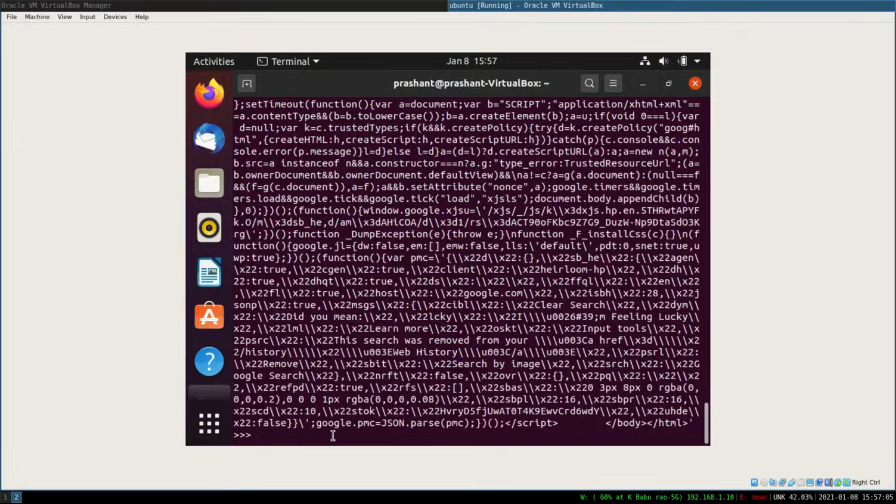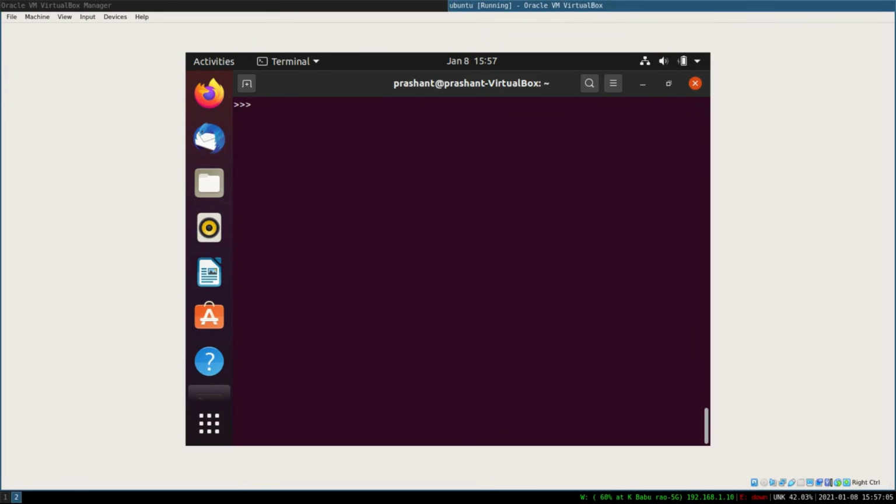So this is how you can import a library and use the functions associated with that library. To exit the interpreter, you just have to press Control D, or you can type exit followed by parentheses.